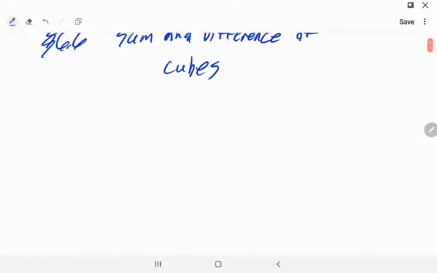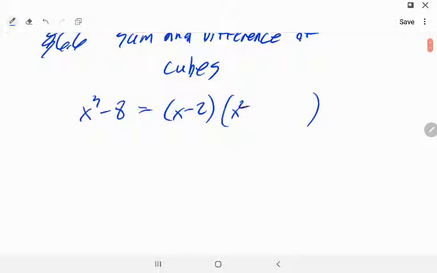So we notice that if we had x cubed minus 8, and we wanted to factor that, a reasonable guess might be a factor of x minus 2. And then we want to know what we could multiply that by to get x cubed minus 8. We can guess that we need an x squared. We then get x times x squared equals x cubed, so that's good. But we also get negative 2 times x squared, and there's no negative 2x squared in the original polynomial. And so we would need to add 2x, so that we would get x times 2x is 2x squared,